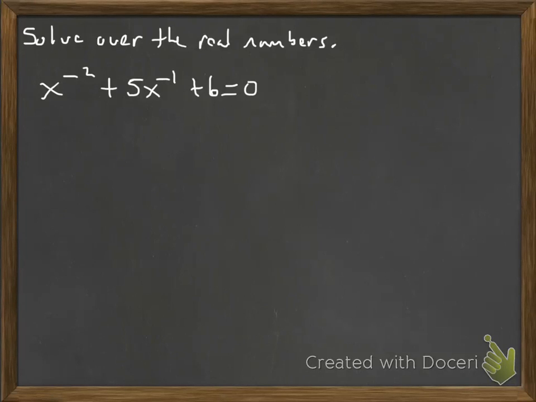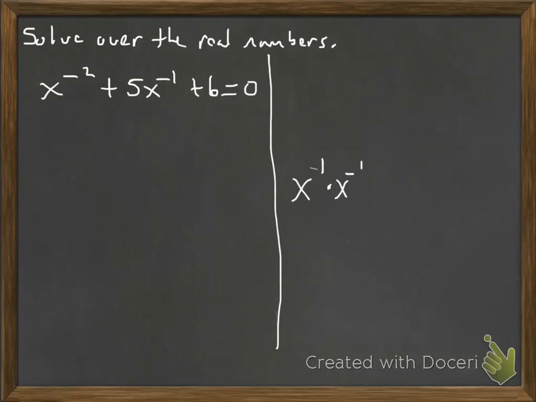Alright, we're going to take a look at another quadratic form equation that's a little bit different than some of the ones you may have seen in class, but the idea is very similar. So here we have x to the minus 2 plus 5x to the minus 1 plus 6 is equal to 0. So we're going to make a note over here that if we do x to the minus 1 times